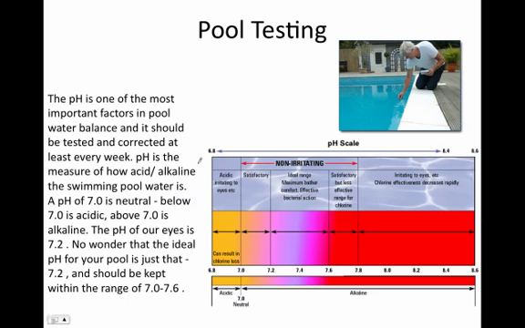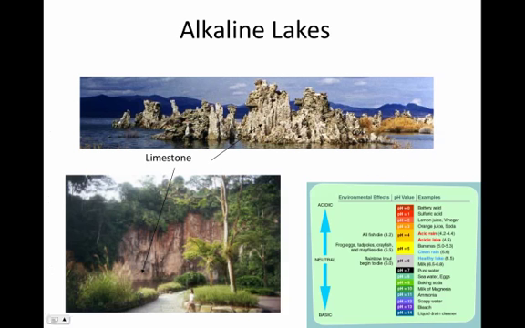We test pools. Oh, back to alkaline lakes. This is limestone, and when it rains, the lime dissolves into the lake, and that can cause the lake to be highly alkaline, which could be deadly. So this lake, for example, that you see here doesn't have a lot of living things in it. No plants, barely. You can see some of the plants, but they're pretty dead right there. And so it's because the pH of this lake is somewhere around 9 or so, so too alkaline for most